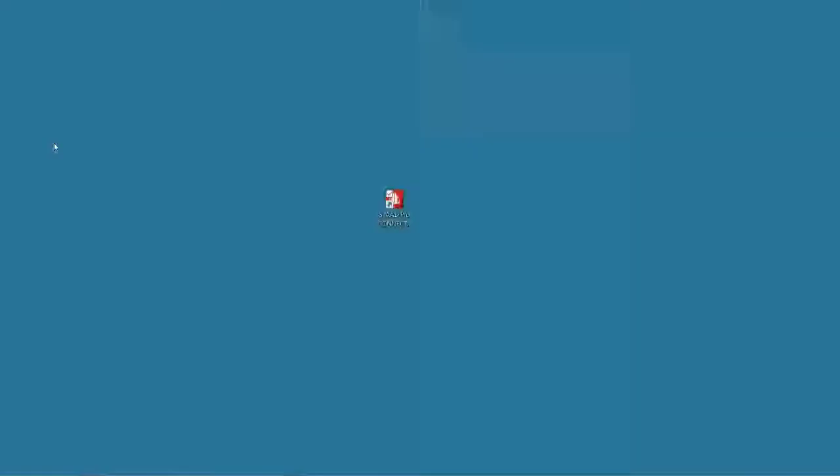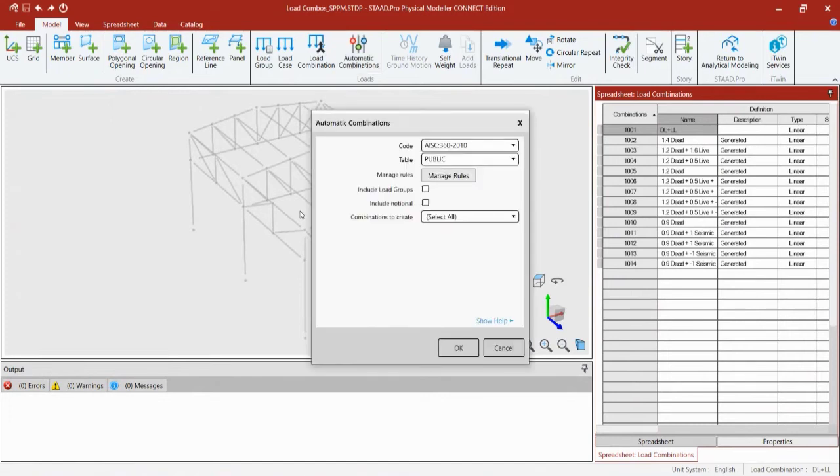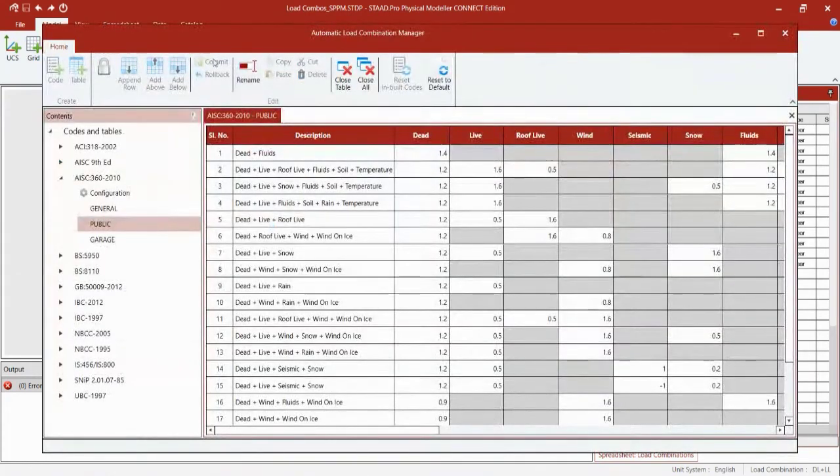Now let's go ahead and return to the physical modeler for this model one more time, because what I also wanted to show you is that you can also explore the load combination generators that are installed with the program. So I'm back in the STAAD.Pro physical modeler. I can go to the automatic combinations area. And if I clicked on this button while doing this option or this command, I go to manage rules. This takes just a second to appear on my screen, so just bear with me. There it is. I can see all the rules that are available. And of course, it's going to default to the one that I currently have selected in the pull downs, which is the AISC